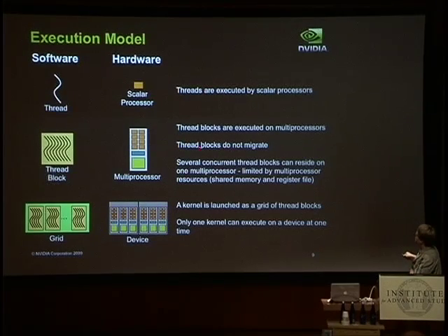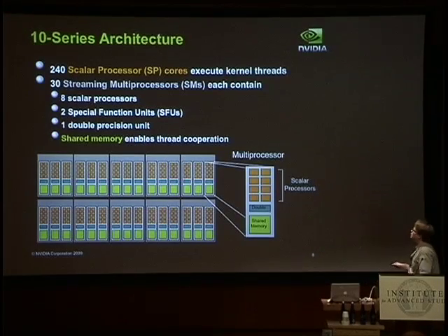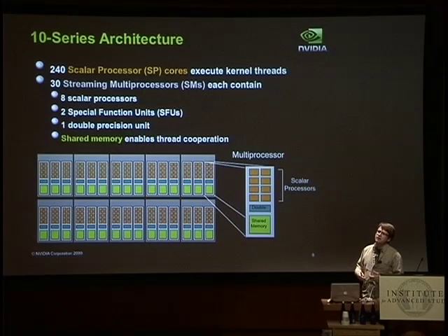At any rate, the thread blocks are not migrating, but you might have several of these thread blocks running on a single multiprocessor, and in fact, that's the limit you want to be in. You'd like to have many blocks per multiprocessor. So if there's 30 of these multiprocessors on a single GPU, you want to have chunks of computation large enough that you can have more than 30 blocks, and preferably a large multiple, like 240 blocks or 270 blocks or much, much